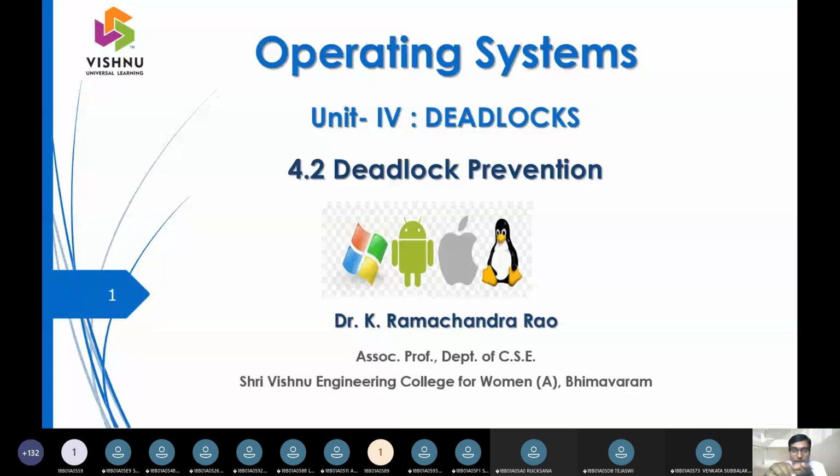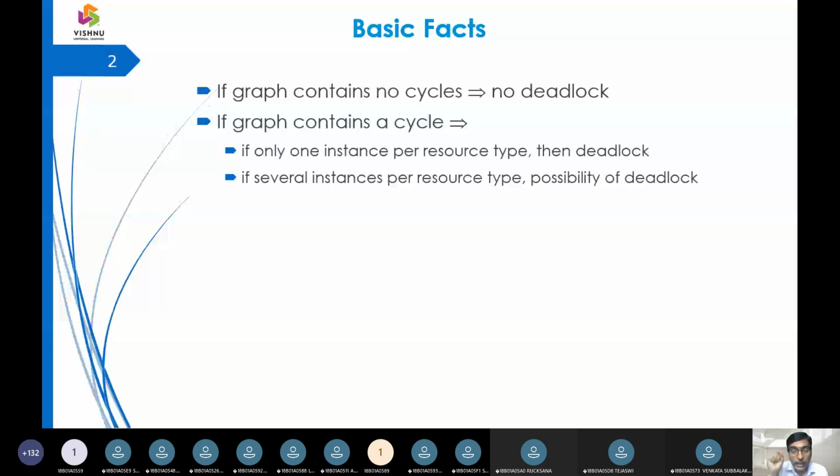Similarly, there are four characteristics for a deadlock: no preemption, circular wait, mutual exclusion, and hold and wait. If all four are proven, deadlock will come. Then how do we take precautions so that the system will not enter a deadlock phase? Very simple: see that these four characteristics do not come, and deadlock will not happen. Now the problem is how to see that the four are not happening.